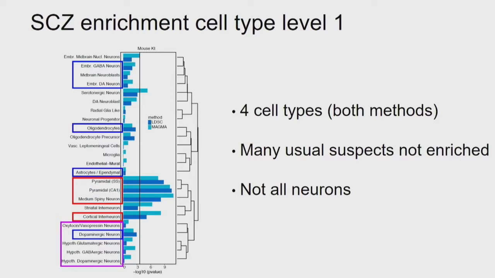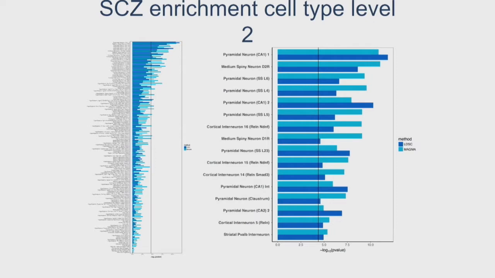Okay, these are the larger classes of the brain. Of course, we can do the same thing with the very detailed, if you want to go down and look at the many different cell types. Here's all the level 2 cell types, what we call it. And you see now that we can say that the pyramidal neuron 1 of the CA1, medium spiny neuron D2 receptor expression is a bit higher than the medium spiny D1, etc. And interesting here is the GABAergic cells.